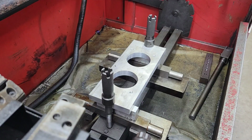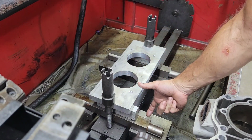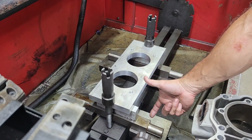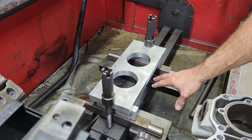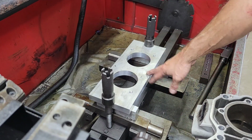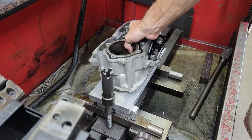All right, so that's how it's gonna go in there. I'm probably gonna end up making me some standoffs and just do away with all of this stacking up stuff. Probably make me some, I don't know, 8 or 10 inch standoffs, and that way it'll set on its own and we won't have to use none of this stuff. But it works and it fits. The cylinder just goes on